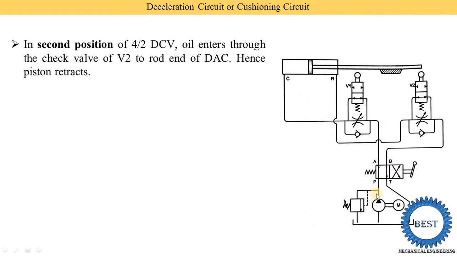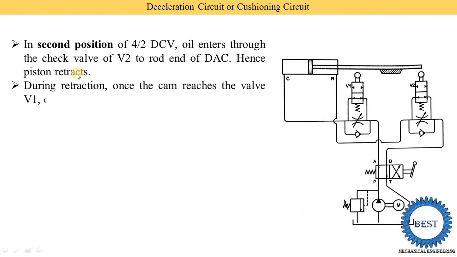So oil coming from the pump is supplied to the P port, and the P port is connected with the B port. Oil comes here, and from this line the oil enters these deceleration valves, and at this point it has two options: the flow control valve or the check valve. But oil is supplied through the check valve because this switch is not pressed, and it passes through this line and finally reaches the rod end port. This oil applies force on the piston, and the piston starts to move from right to left. It is called retraction. So here it is written, hence the piston is retracted.